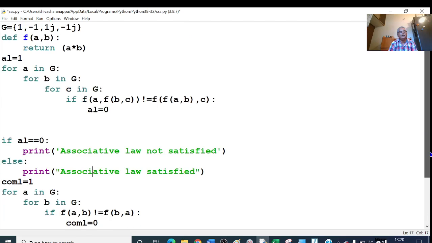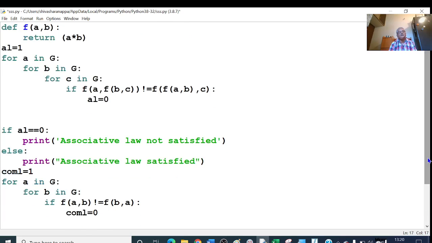Similarly, in the same program, as the set is the same and the operation is the same, we verify the commutative law also. Here I am defining one variable named COML, that is commutative law, and I am giving its value equal to 1.